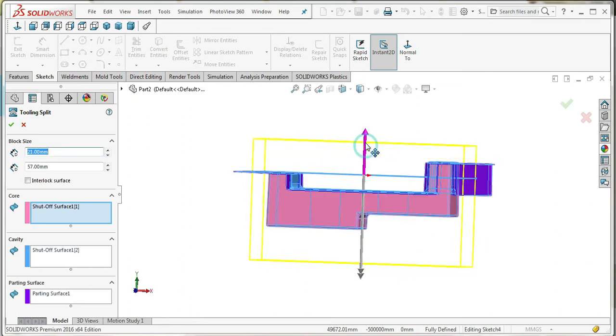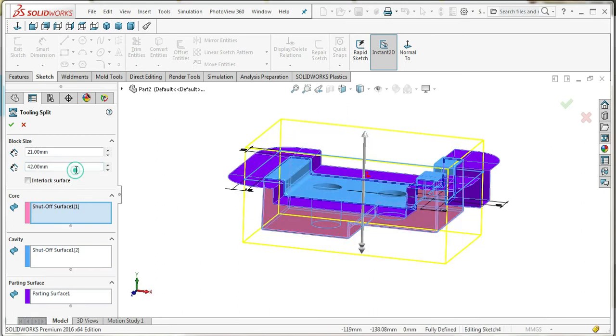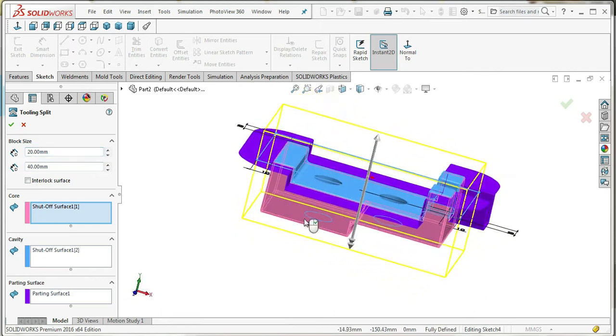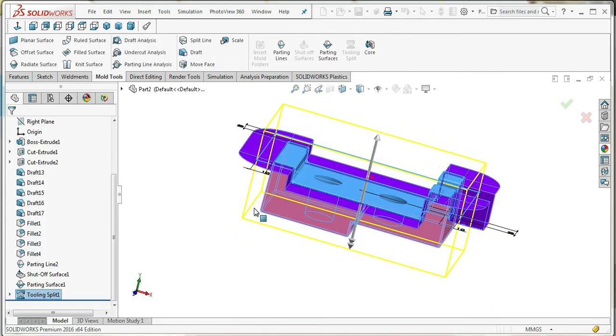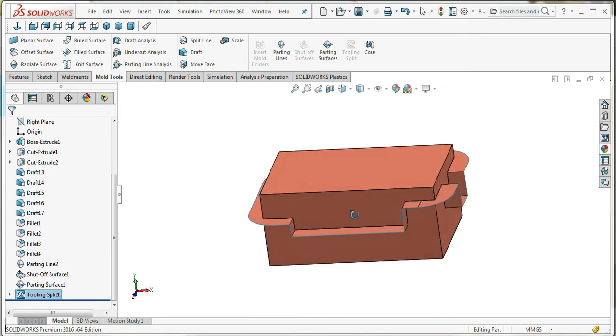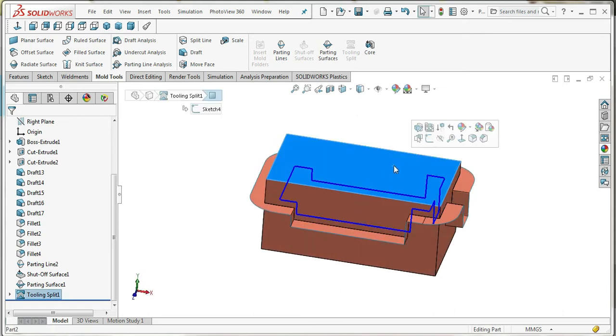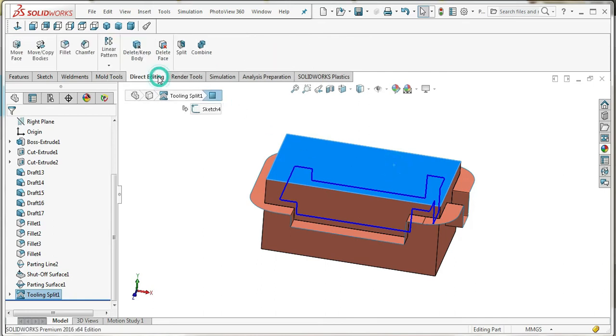You can adjust the thickness of the fixed die and movable die. This is 40 and this is 20. Okay, now the fixed die and movable die are created. The split is completed.